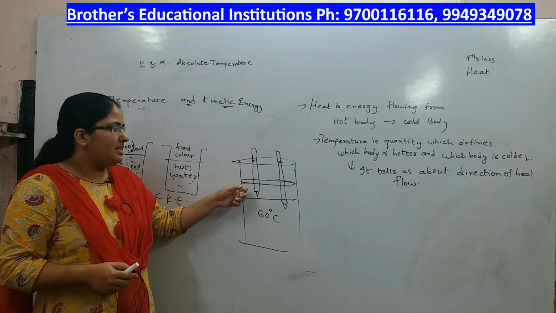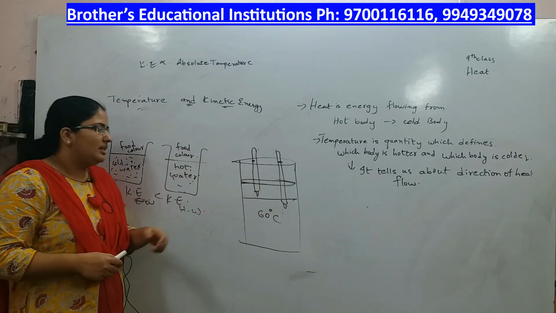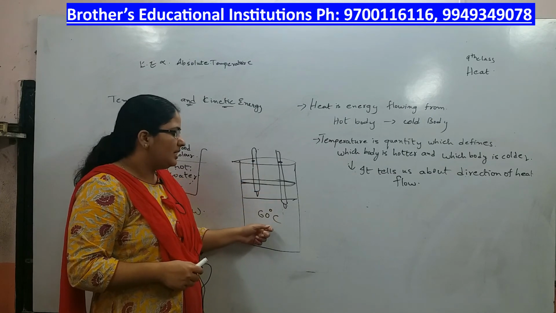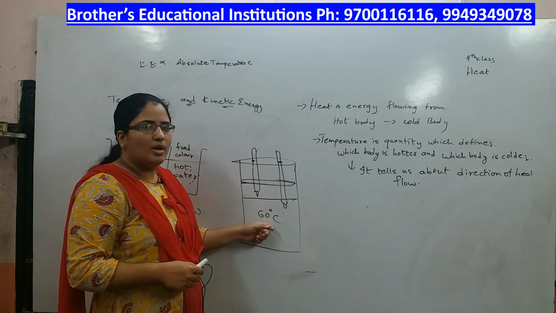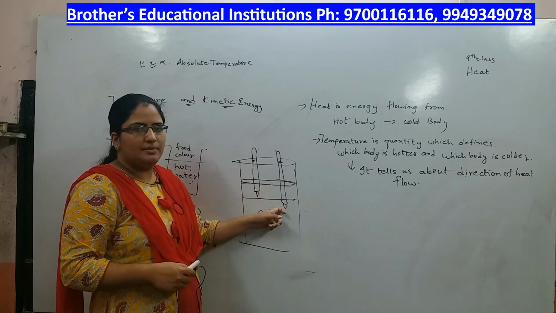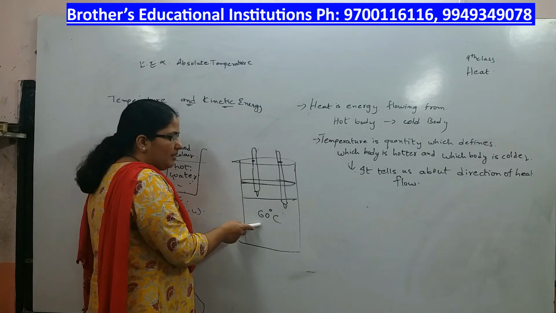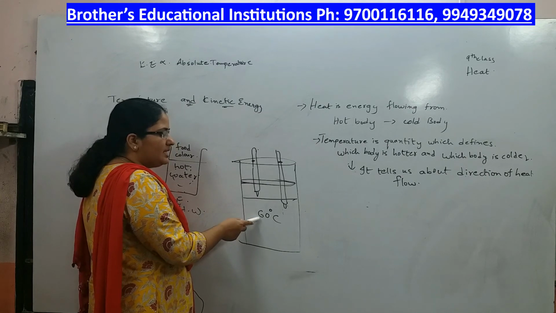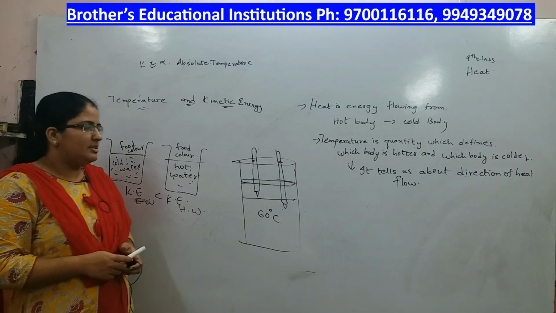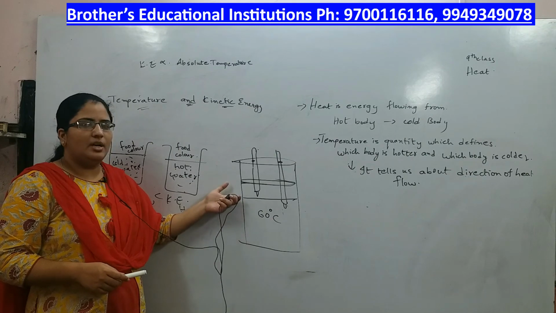So here that can be seen in the thermometers. The temperature of the oil increases while the temperature of the water decreases. This is because the heat energy flows from water to oil. This can be seen with the help of the thermometers. That means the kinetic energy of the particles of water decreases while the kinetic energy of particles of oil increases. This is because of the flow of heat that happens between water and the oil.